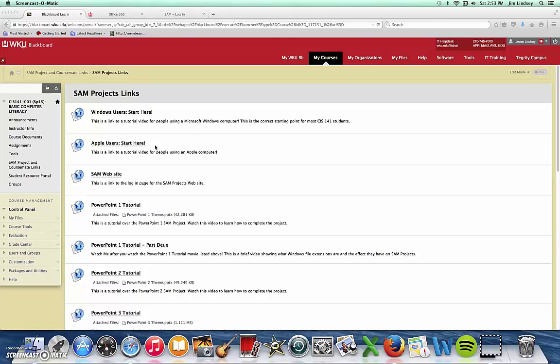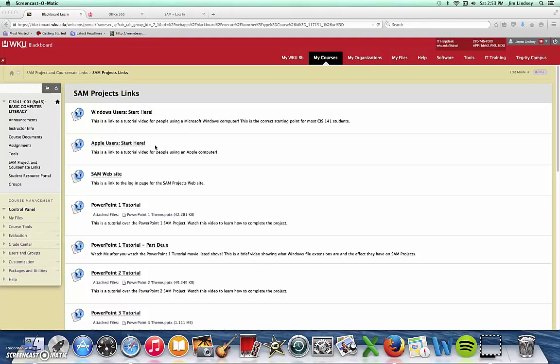I'm using my Mac, an old iMac from 2008, so you probably have a newer machine than this one, but I'm going to do my best to share all this information with you. Basically, what this boils down to is that in the past, Apple users have not been able to do the SAM projects on their own computers. They've had to go to computer labs to complete all the homework, which has been frustrating for them.